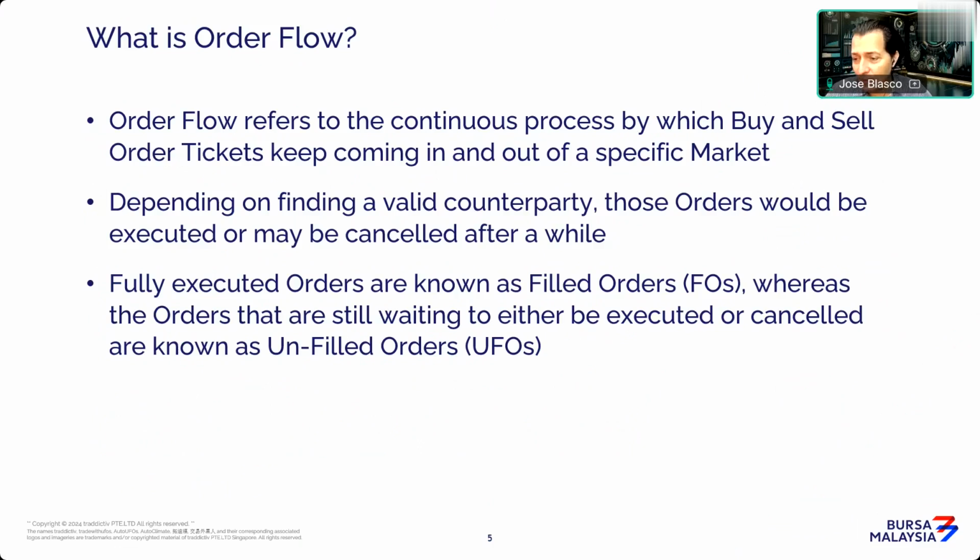Okay, so it's all about finding the counterparty or not. And finding the counterparty has to do with the same price, right? And the same quantity, or at least some quantity, right? If you want to buy 5 futures contracts of FCPO and you only find someone who wants to sell 3 at that price, well, you will get filled on 3. You will have a partial fill, but you will not get fully filled. So then you need to wait extra until the other contracts hopefully get filled, assuming a counterparty is found, okay, which may or may not be the case.